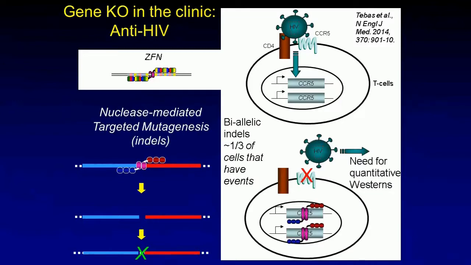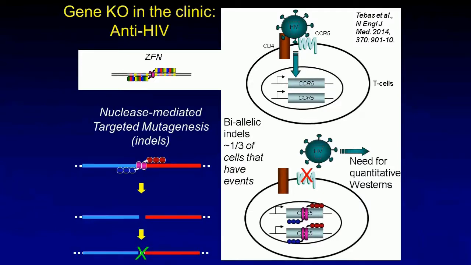A couple of technical points that I would make on this. In order to knock out the expression of this gene, CCR5, you have to knock out not just make a mutation in one allele, but actually both alleles. So in this case, it would require a biallelic knockout to knock out both copies of the gene. That's something to keep in mind when doing experiments, because often when people look at mutations, they count all the cells in the dish, and then they say, well, there's a 30% mutagenesis rate. But that doesn't mean you'll knock out 30% of the protein.